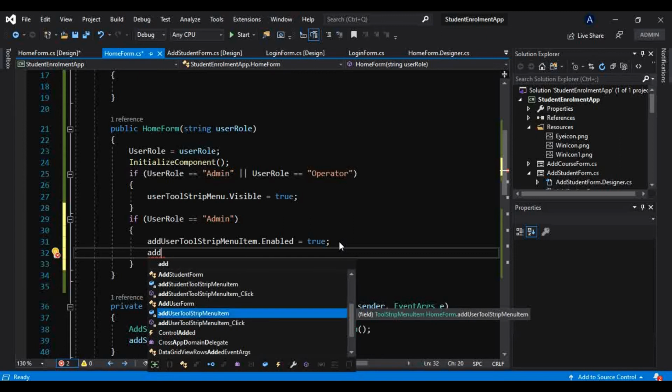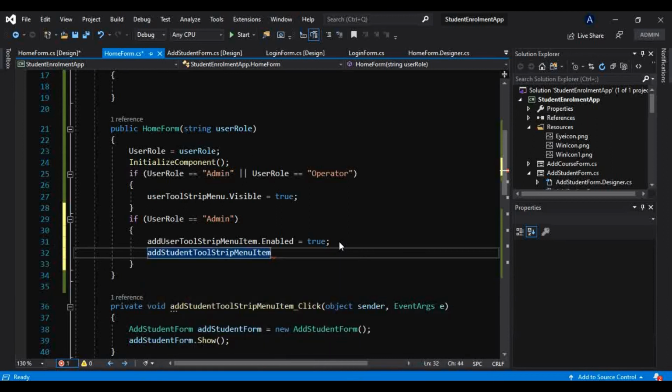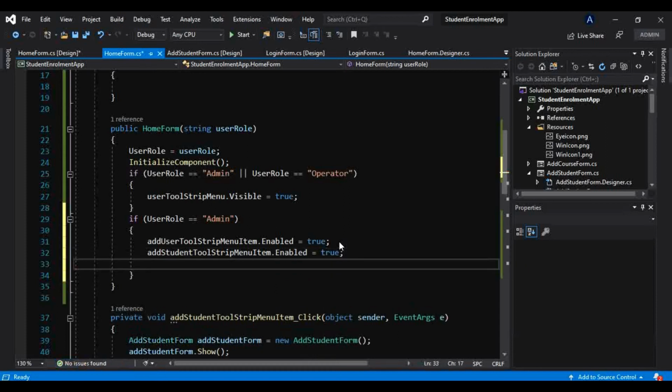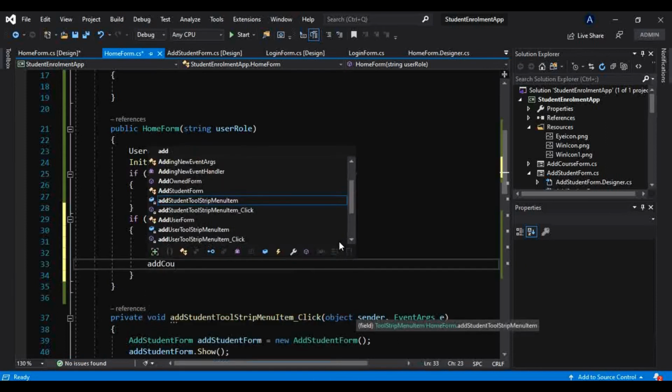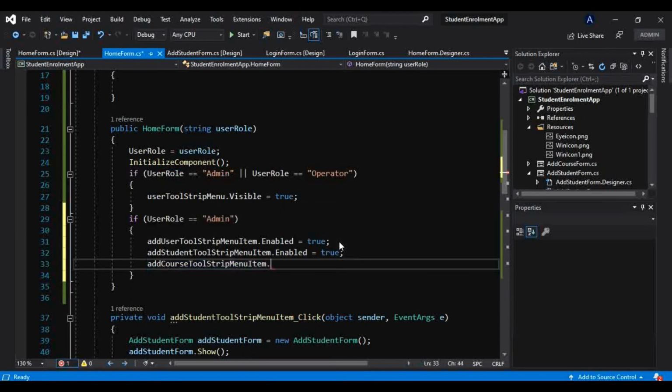Okay, so add student toolstrip menu item dot enabled is equal to true, and that add course toolstrip menu item dot enabled is equal to true. Okay, and again for operator as well this should be true.